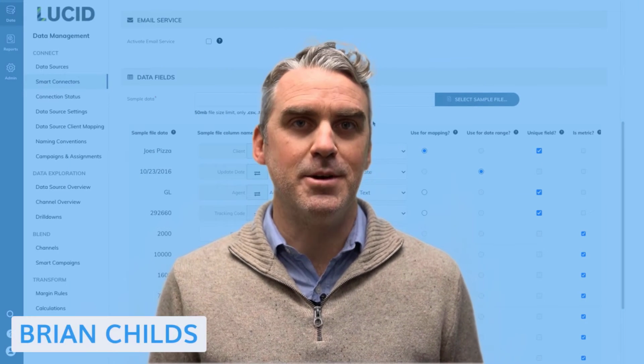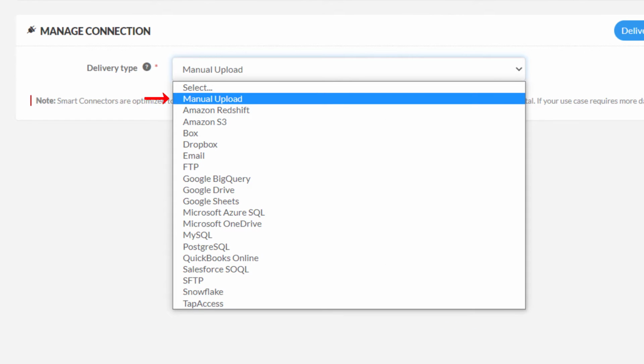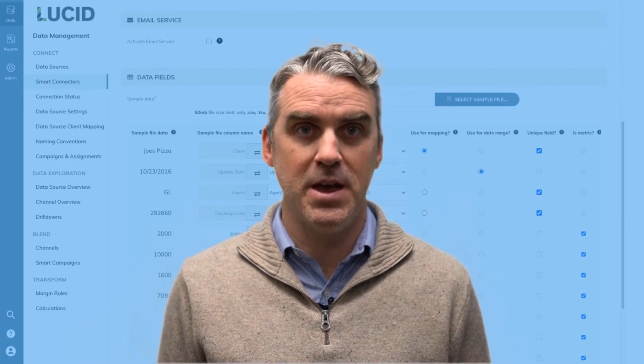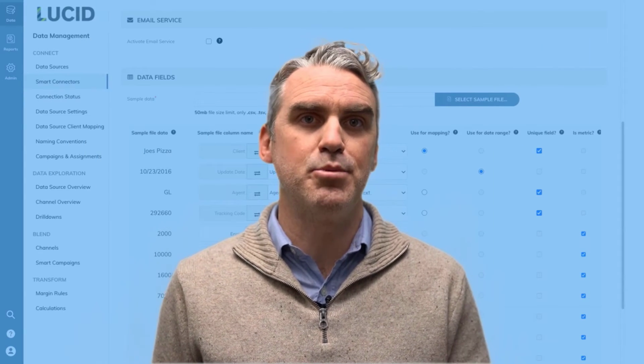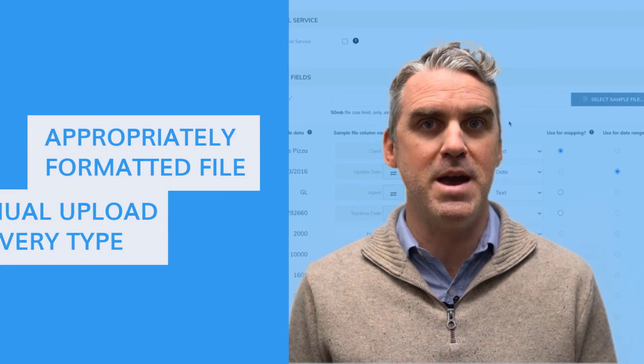When uploading data with a smart connector, you have several different delivery types to choose from. One option is called manual upload. This is where you add data using a file from your device. This video will describe how to bring in data to TapClicks using an appropriately formatted file in the manual upload